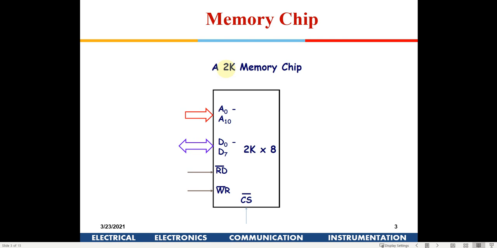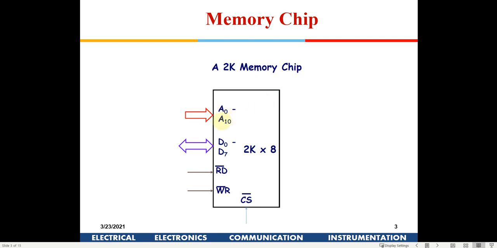So 2 to the power of 11 will come to 2048, but it is generally known as 2K. Even 1K is 1024, and 2K will be double of that, 2048. So 1024 is generally known as 1K. So you have these address lines. For a 2K memory chip you will have